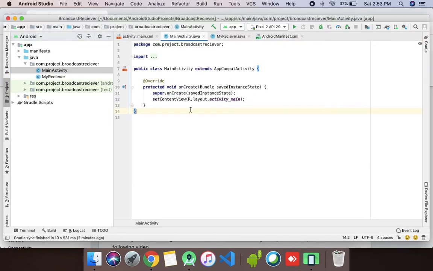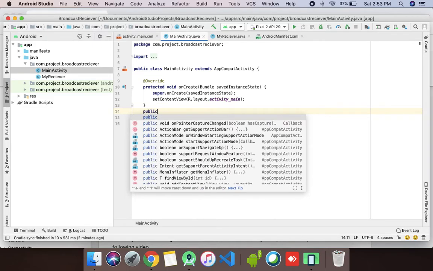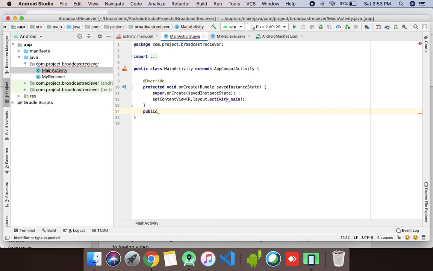Let's go to MainActivity. As I said, there are multiple types of broadcasts, like alarm, boot completed, and battery low. These are the different types of broadcasts. We can also create our own custom broadcasts the way we want. So we will create one custom broadcast and see how to call that broadcast from our application.